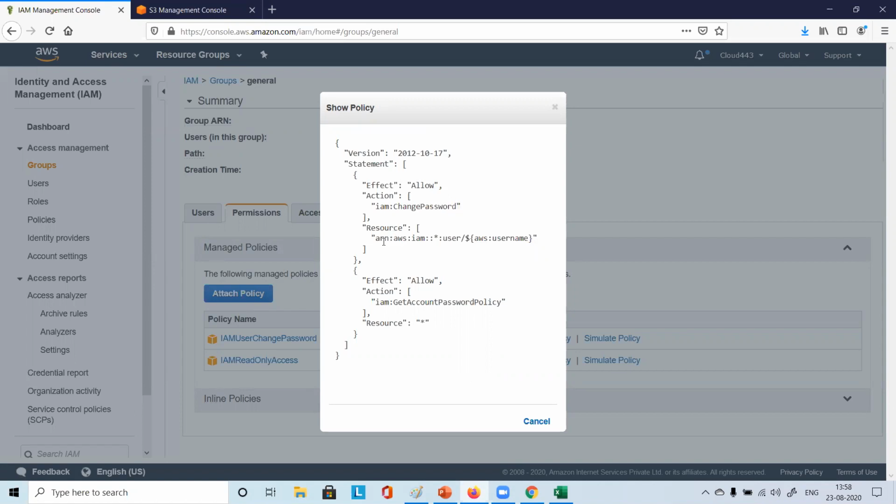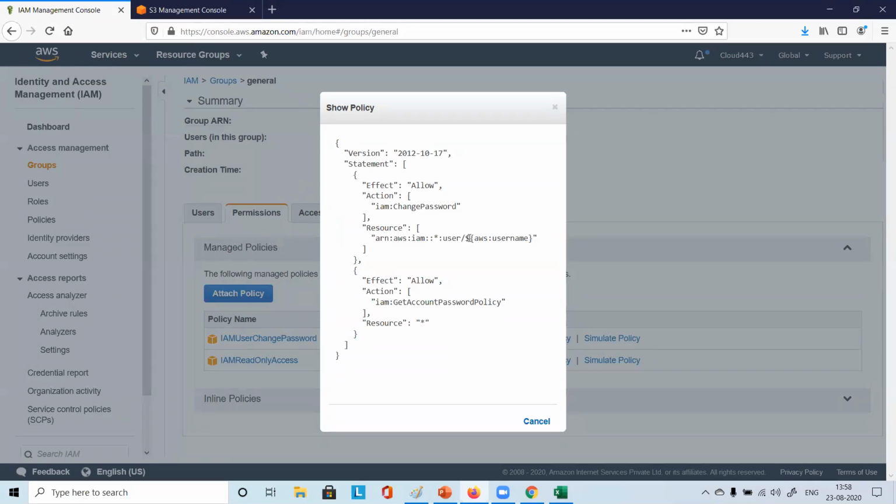Now, which resource? Just try to understand this part. Have you used shell scripting or anything where you found this dollar sign? Dollar means value, actually. In shell scripting, you create a variable and assign some value. When you say echo dollar, that variable will show you its value. So dollar something means the value of that variable. Before the variable we put that dollar.